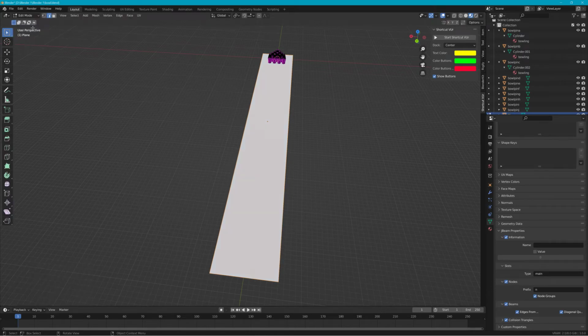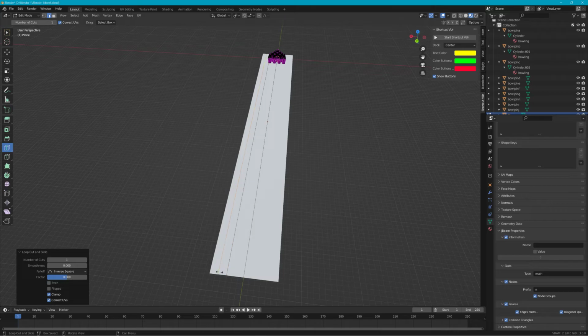Edit mode, make some loop cuts. I'll have to rescale this just a little. So make those the loop cuts,